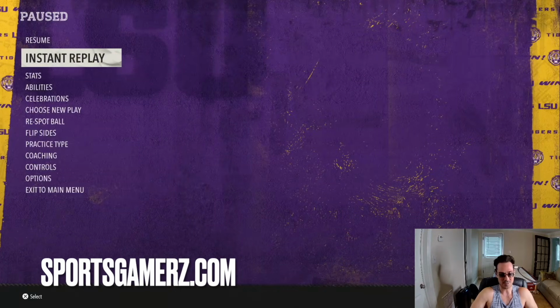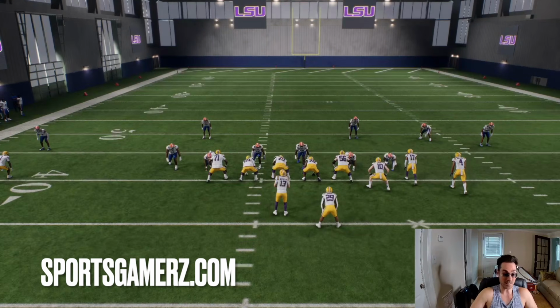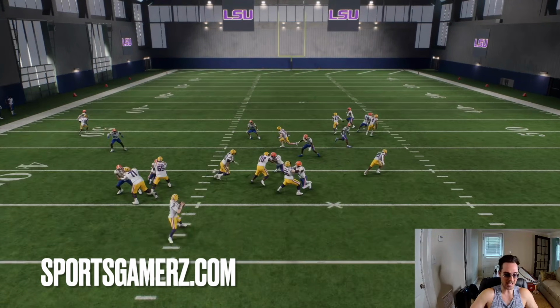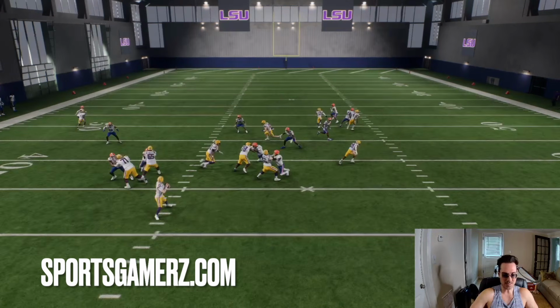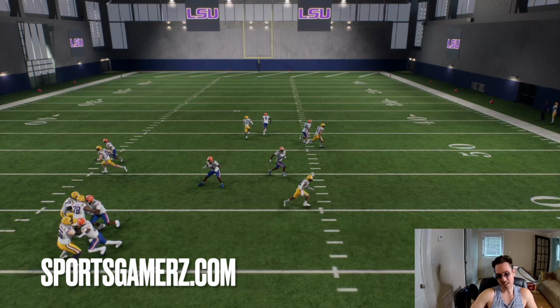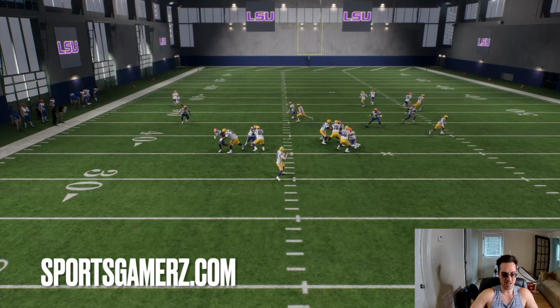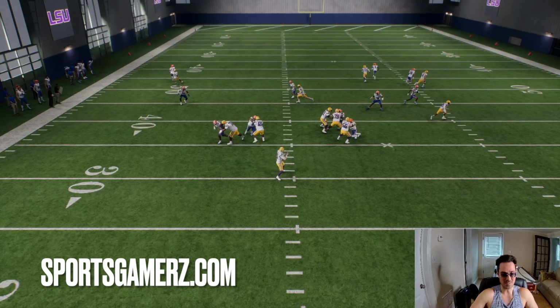So let's just break down the throw. And again, like I said, the better quarterback, the better receiver, the less weird animations and the less bad throws you'll get. So keep that in mind. But basically here, when you see that the DB is outside, it's a little bit different. He's playing to the outside. So now we know we can't throw it outside because he's already playing that way. So what we're going to do here is, again, wait about 20 yards downfield when the DB's got his back